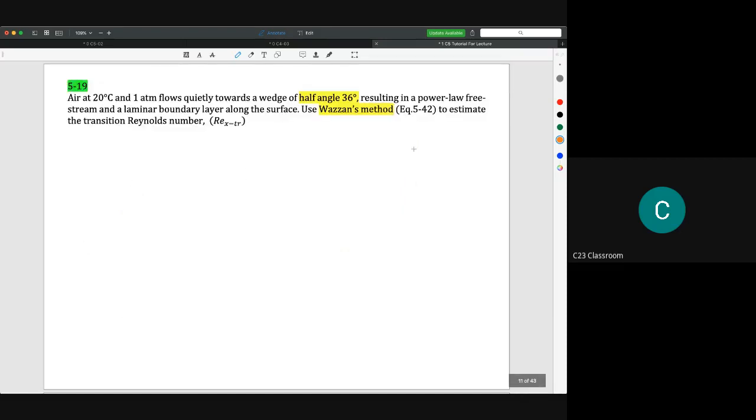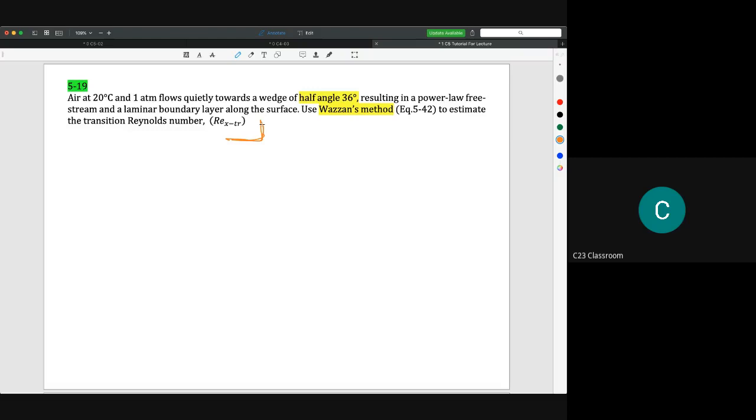Okay, so for question 5.19, let's say we have air at 20 degrees Celsius and 1 atm flowing quietly towards a wedge of half angle 36 degrees, resulting in a power law free stream and a laminar boundary layer along the surface. Use Wazan's method, equation 5.42, to estimate the transition Reynolds number. Now in this question, we start to have a specific angle, and from that angle we could have a specific